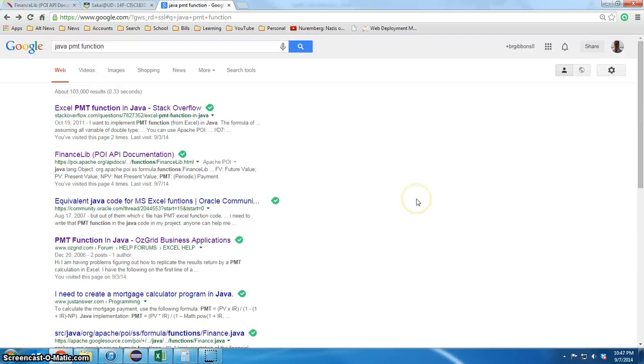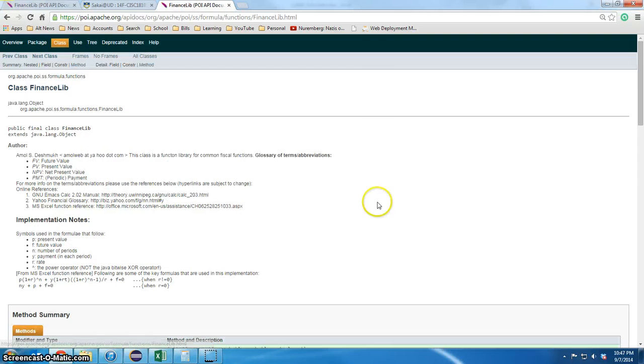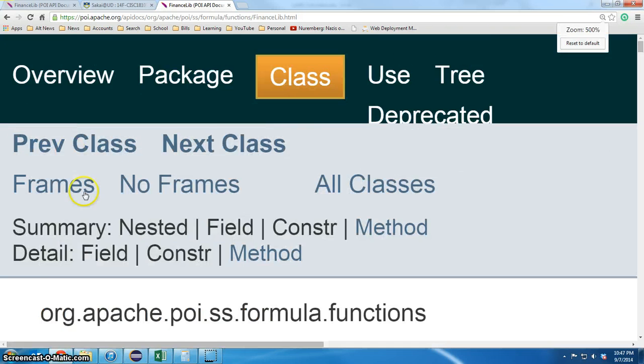But let me tell you how programmers really do it. Something like this, I would expect to see already packaged in an API or packaged in a class that I could use. FinanceLib is a class, and I stumbled on this pretty quick. It's a class